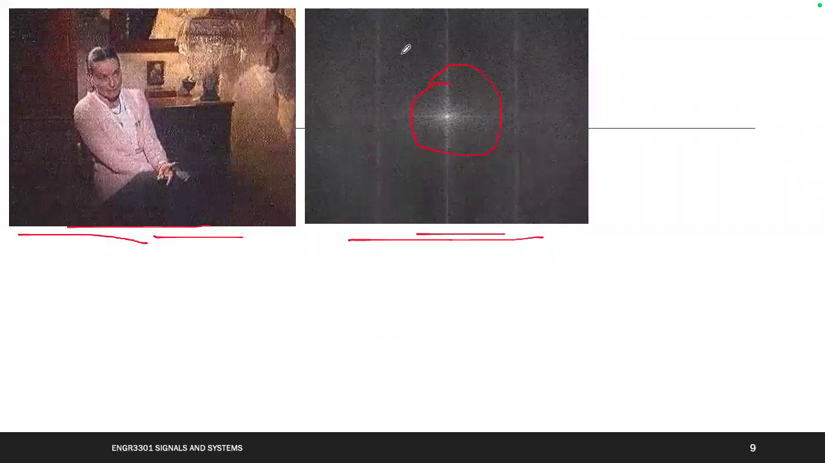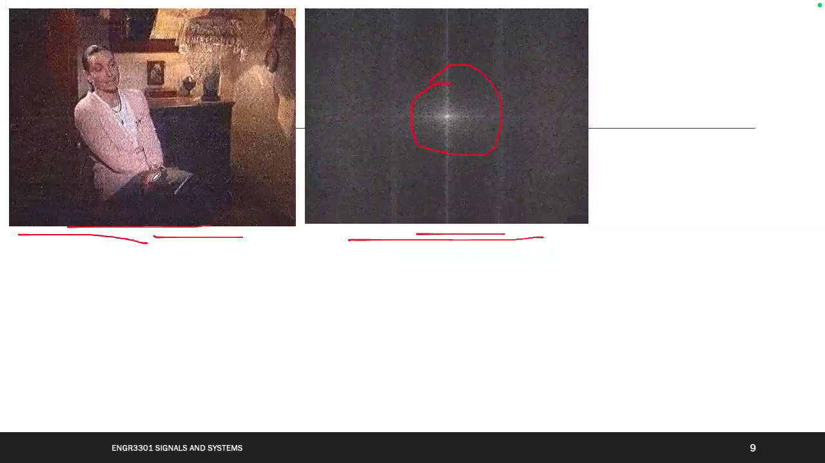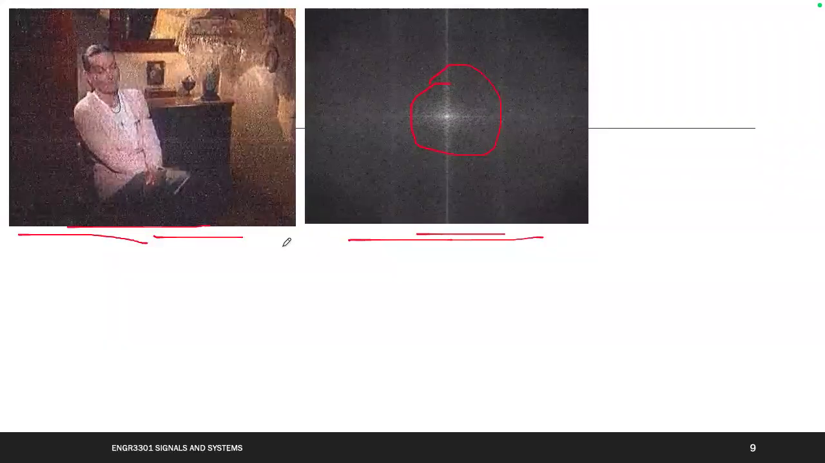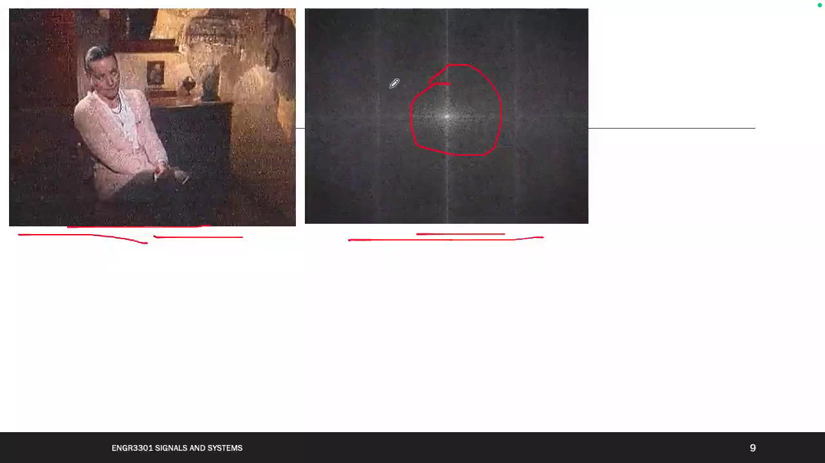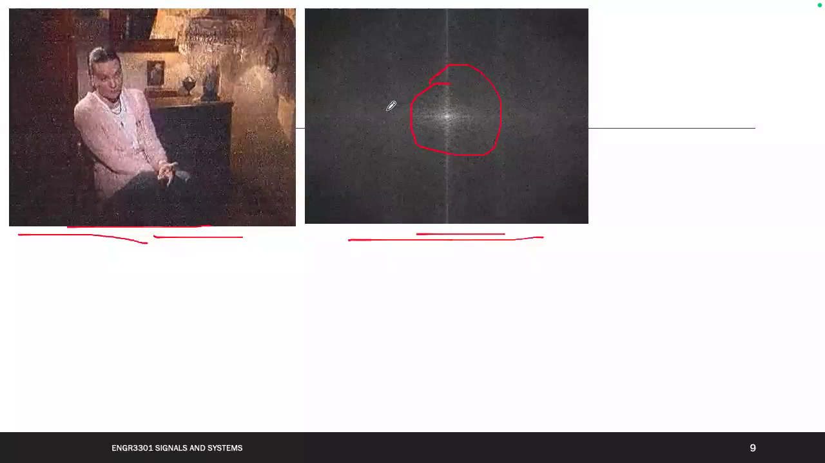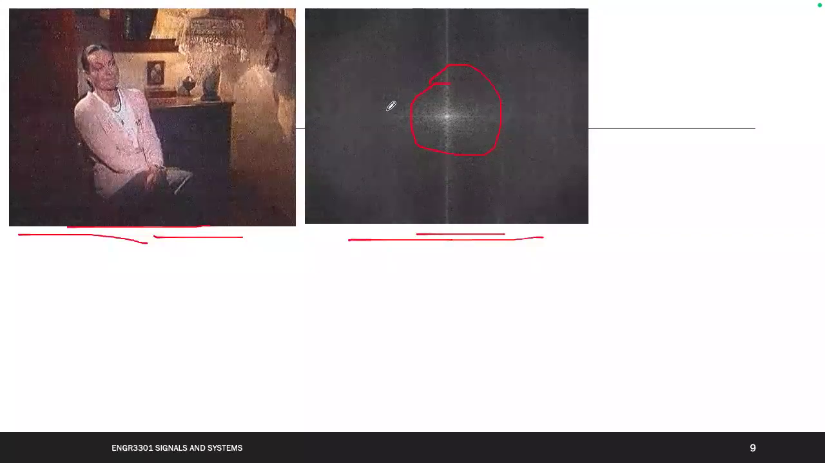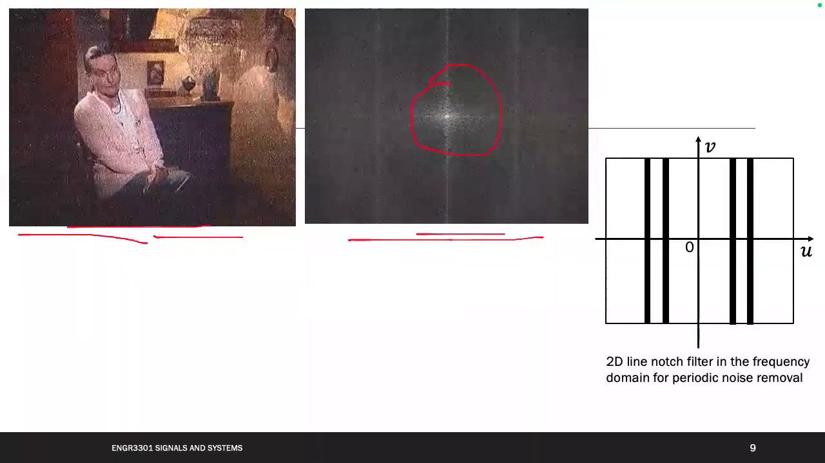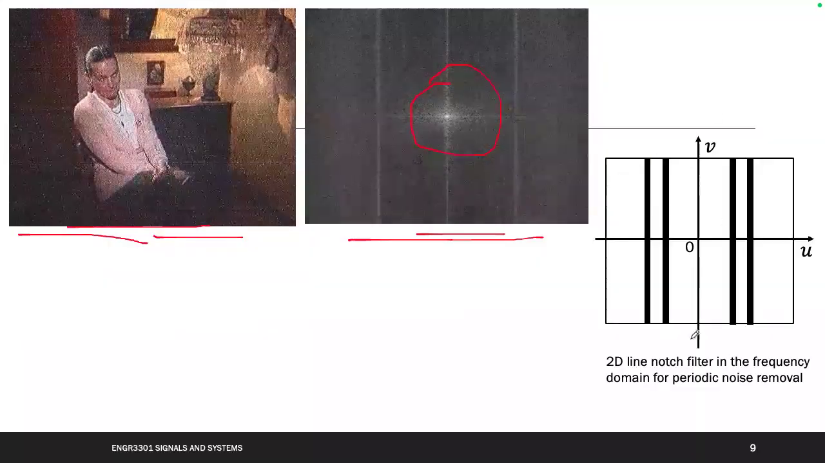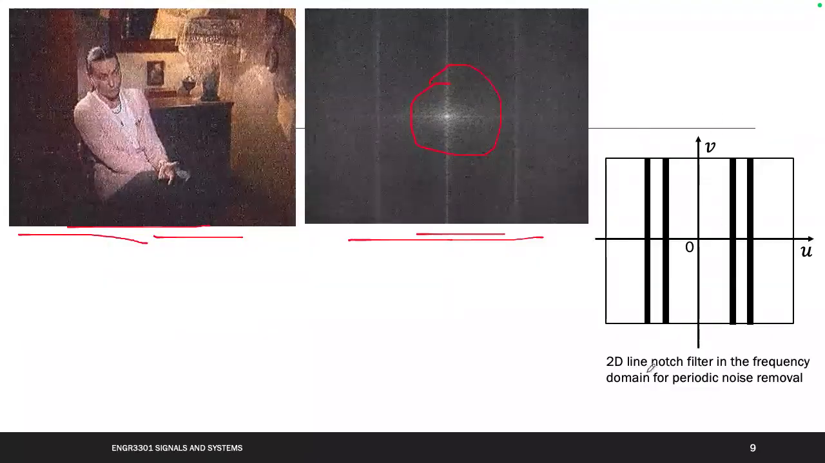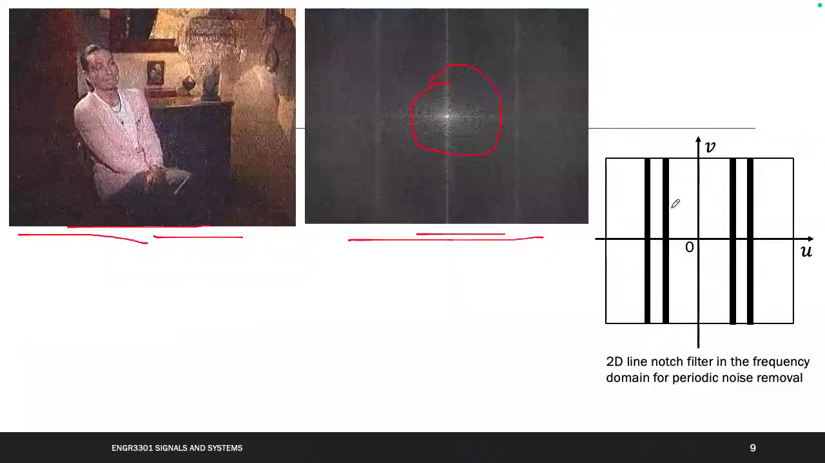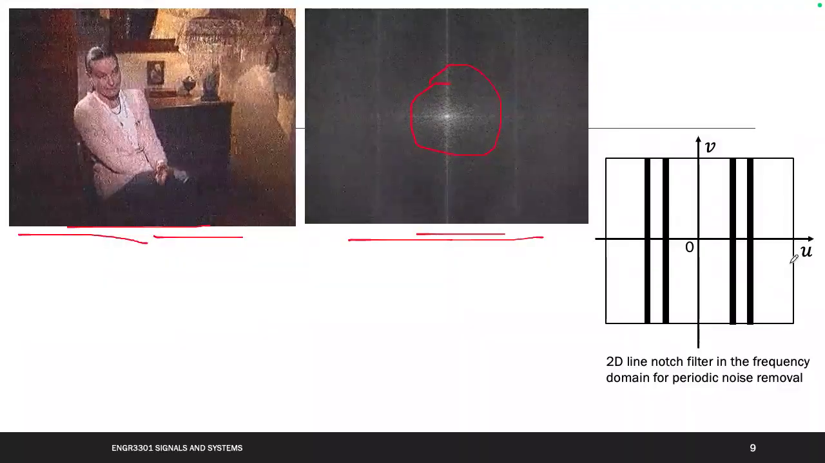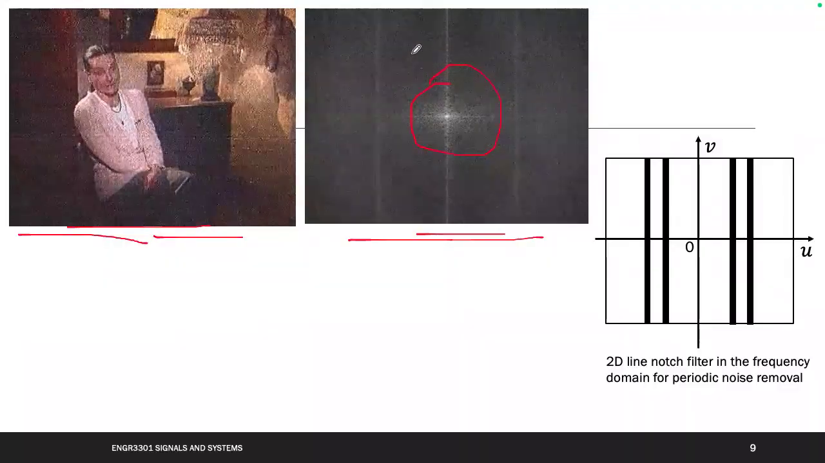And if we want a clear video, then what will we do? We will try to remove this frequency signal, because those are noise. What will we do? We will try to create this band, like a black signal in the frequency domain, and try to cover those two